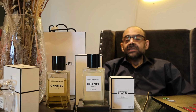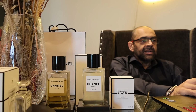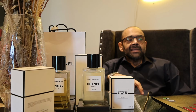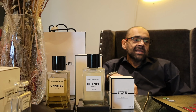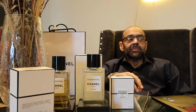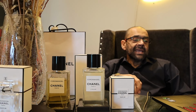And if you didn't already know it, it's one of my favorite notes in perfumery. This falls in the woods and mosses, or mossy, group of the scent profile. Patchouli is a perennial herb native to Southeast Asia. It has a long history of use in traditional medicines, incense, and perfumery. The essential oil extracted from the leaves of the patchouli plant, also known as Pogostemon cablin, has a distinct and captivating scent that has been a staple in many fragrances and cosmetic products for centuries. Let us further explore the unique characteristics of patchouli's scent, its various uses, and the reasons behind its enduring